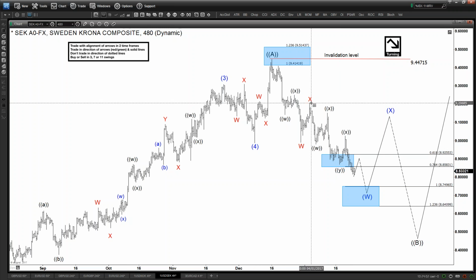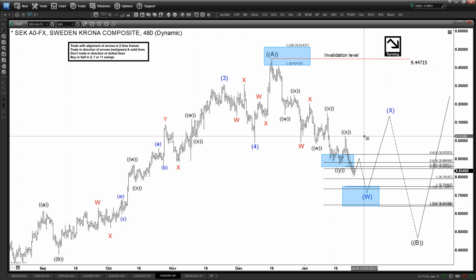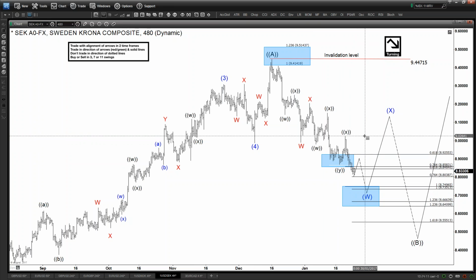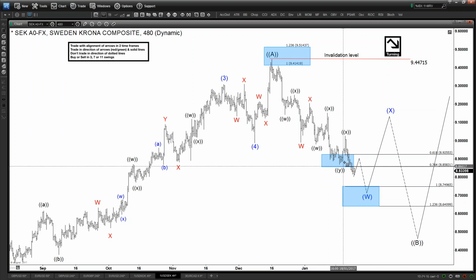And if we measure the internals here in the Y leg, we haven't even reached the Z equal W target. And talking about the black Y, we still haven't reached the equal legs. So again, it will be perfect for it to reach this area and then bounce, and that's when